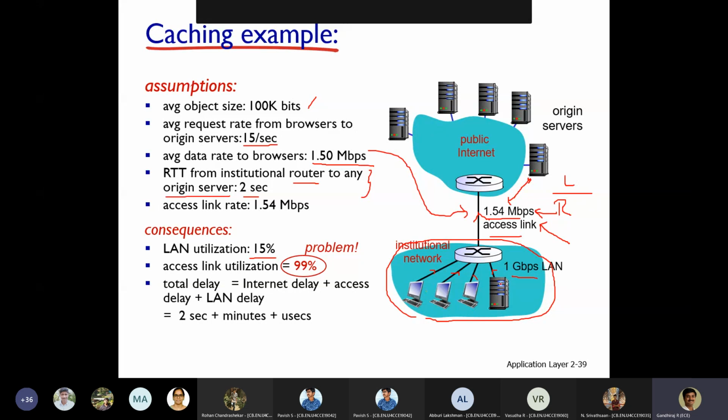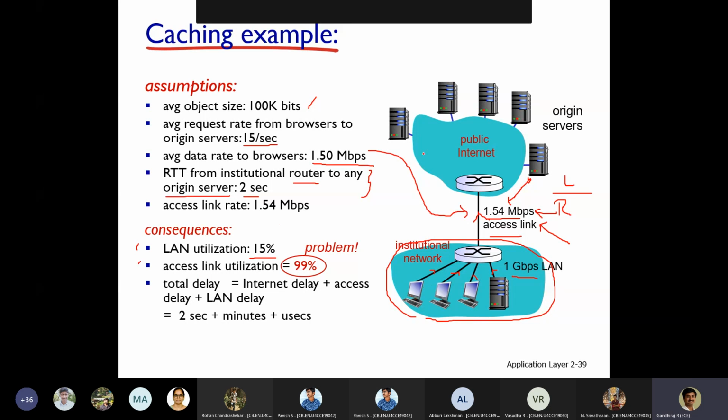All the clients want to access data from the remote location only, not the content available inside our college campus. That's the reason our college intranet websites are available. If everybody starts accessing that intranet repository, then the load can be reduced. So this is the point which is mentioned.